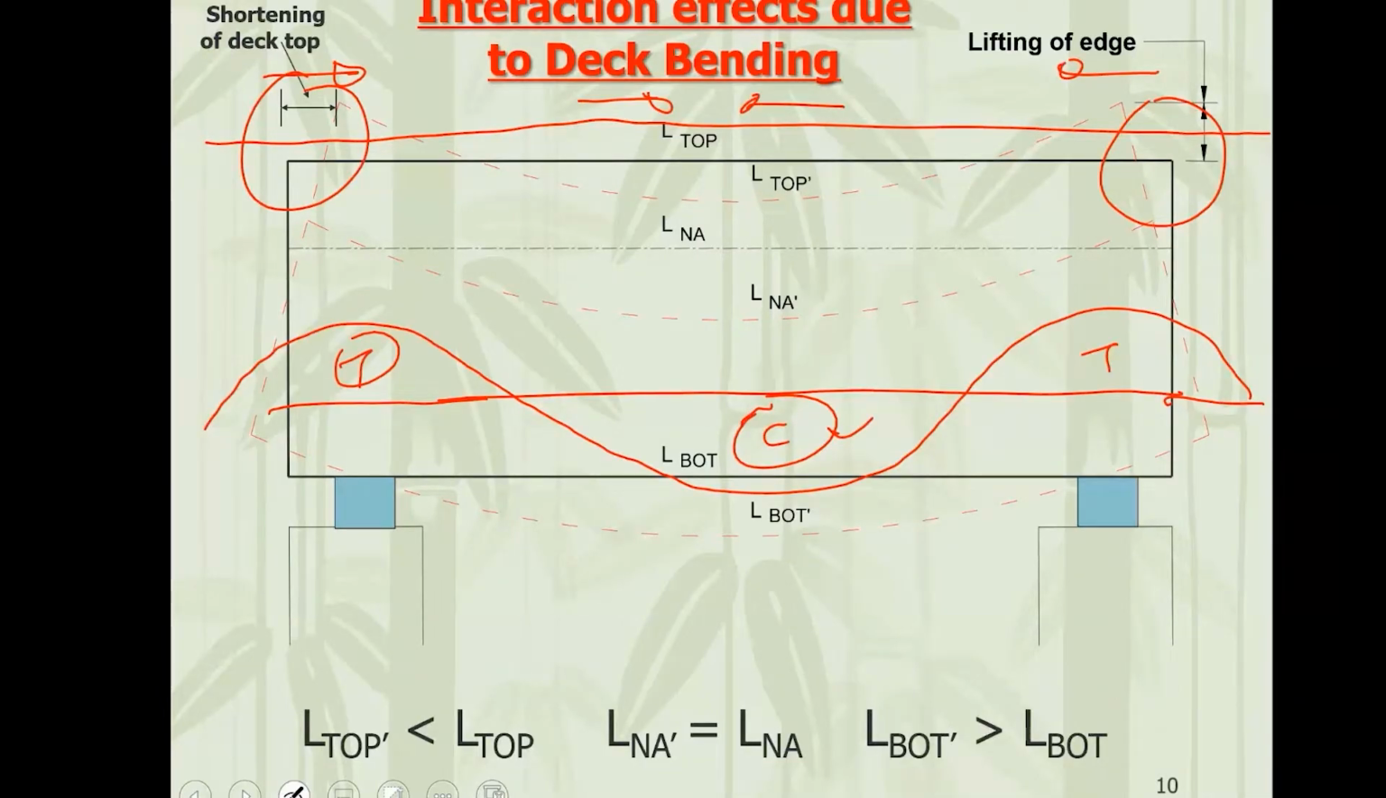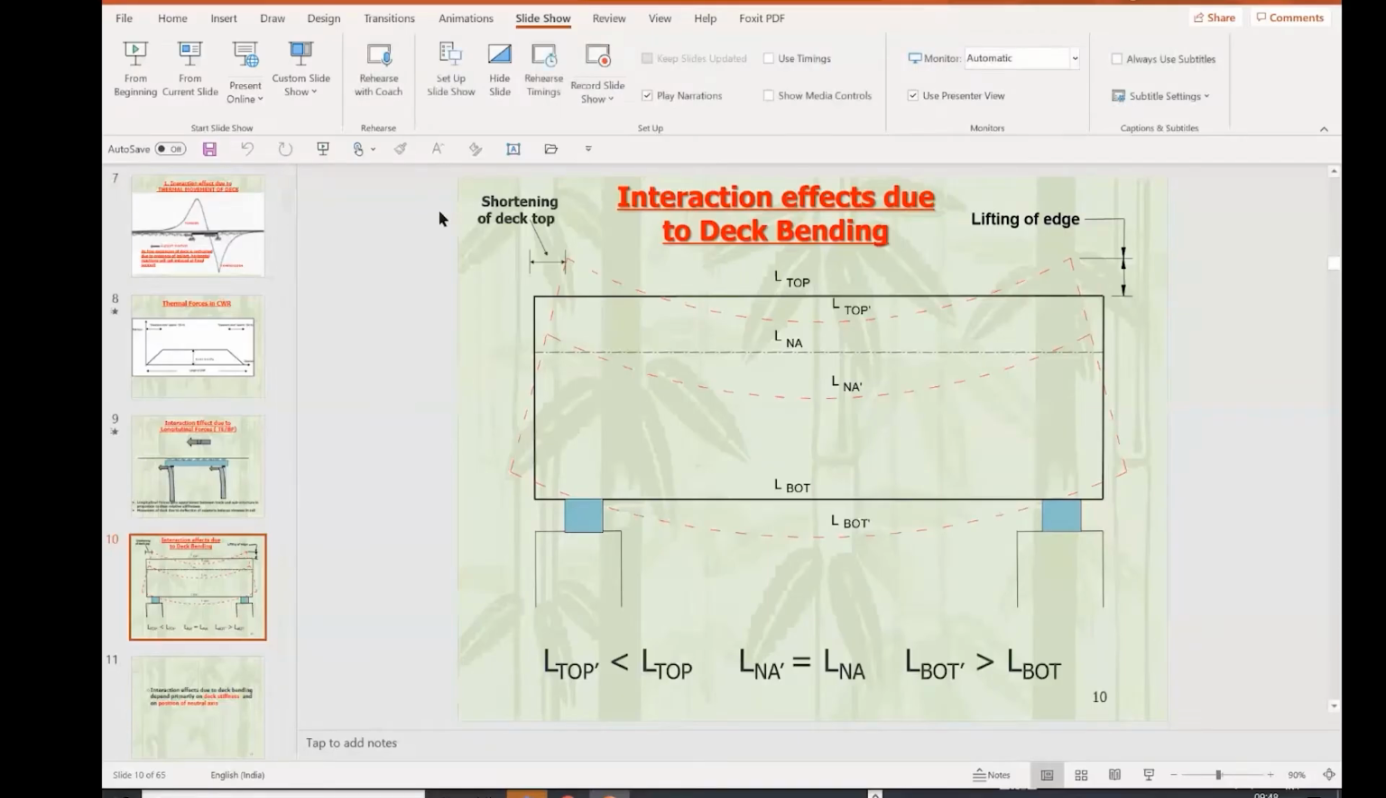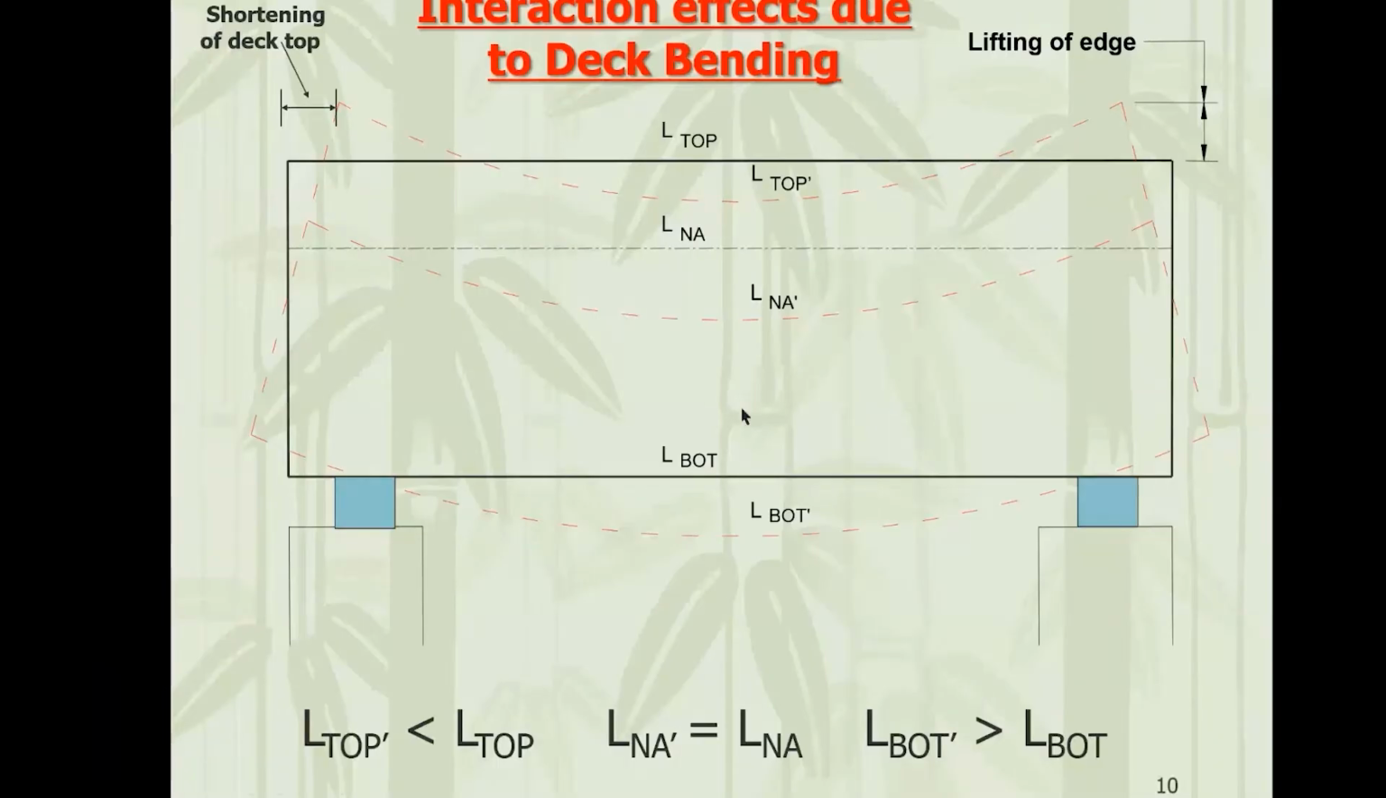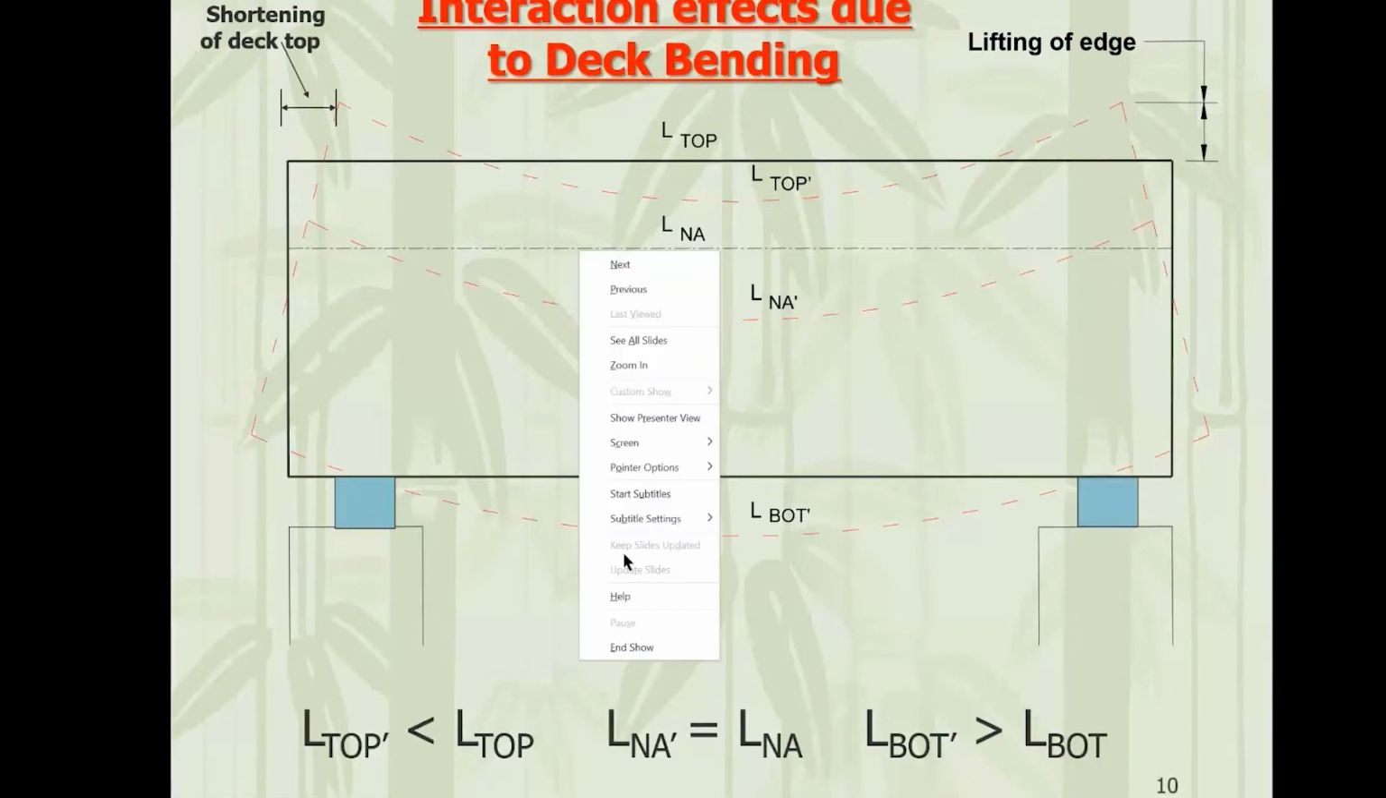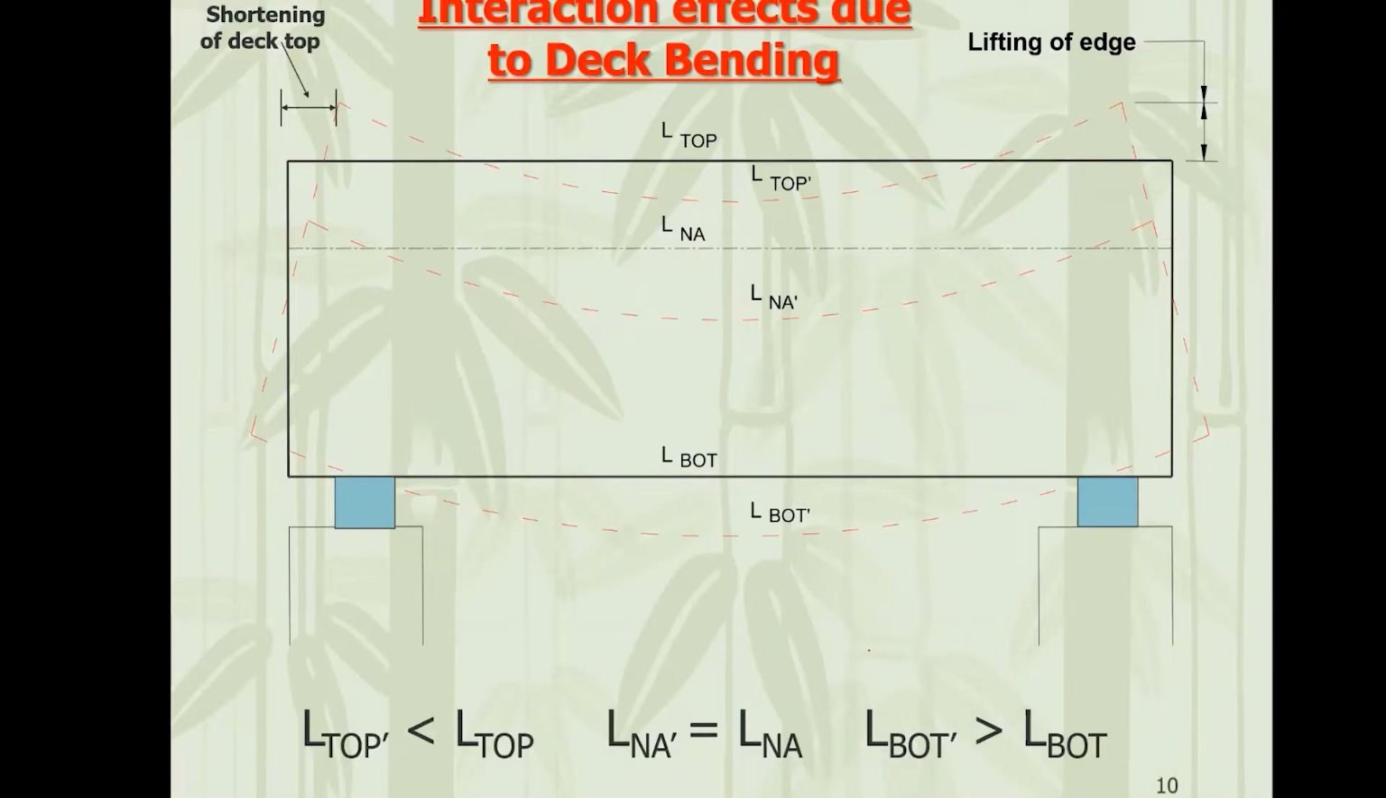So again these effects have to be added to other effects, and the sum total of the stresses has to be within the limiting values given in the bridge rule. Okay, so you are able to appreciate what is happening here? आप appreciate कर पा रहे हैं ना कि जो shortening of deck हो रहा है उसकी वजह से क्या हो रहा है? Are you able to appreciate this? Okay, now